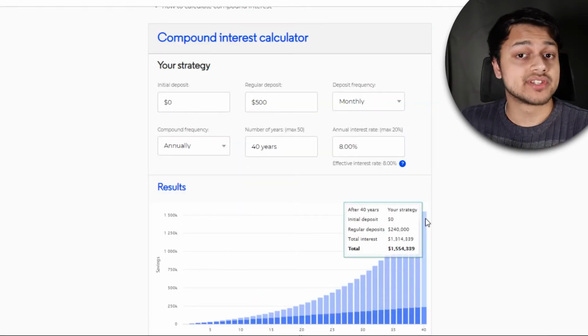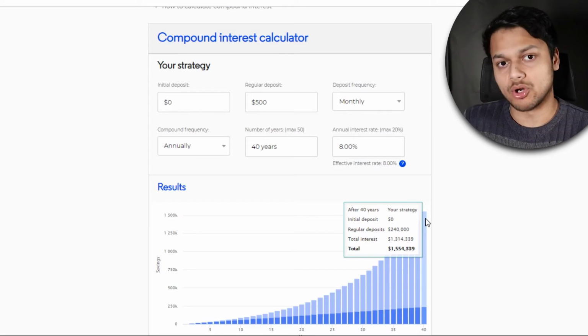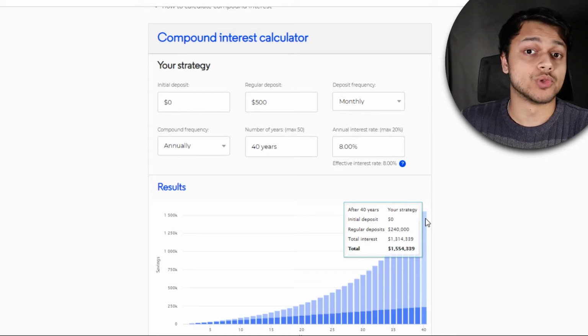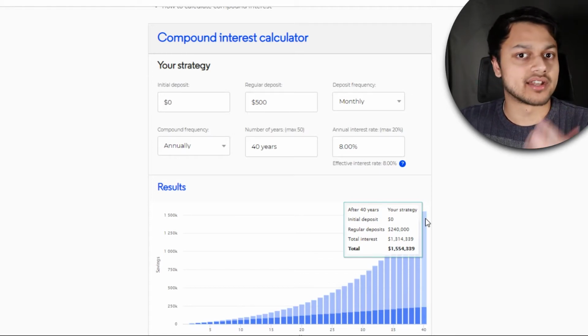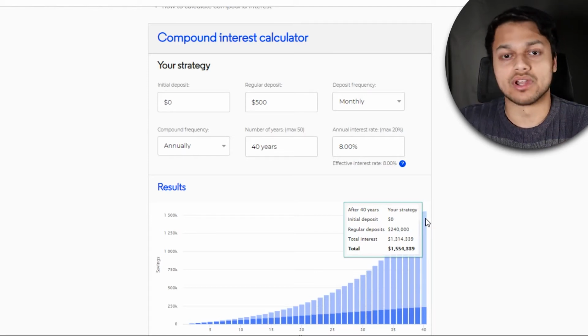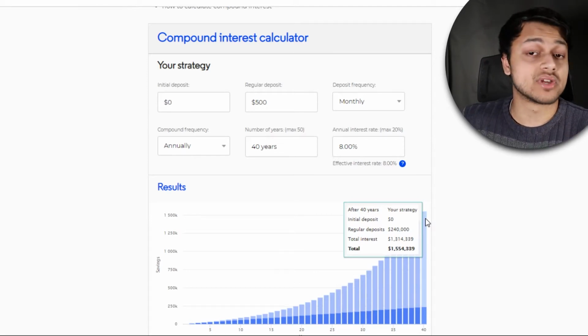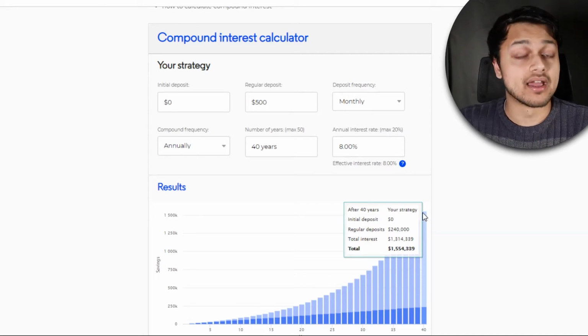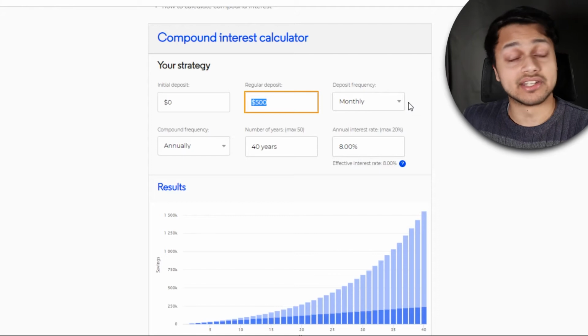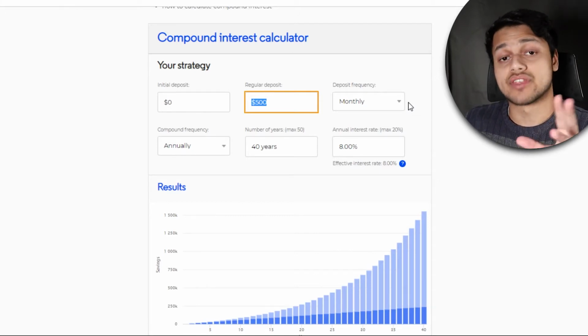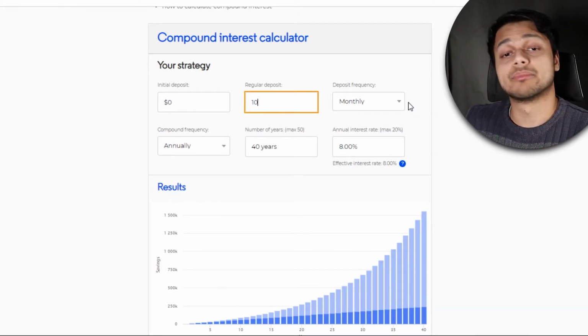And let's say that during this investment journey, you start to love the process, you really believe in the power of compound interest, you start to lower some of your expenses, you start to maybe get a second job, start a side hustle, a side business, maybe some online surveys, online business, online sort of side hustles, and you can increase that 500 per month to, let's say, $1,000 a month, and this is where things start to get even more crazier and interesting. So if I change this to $1,000 a month,